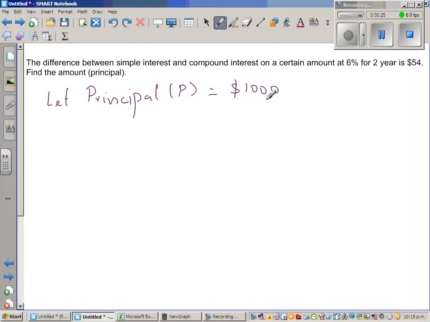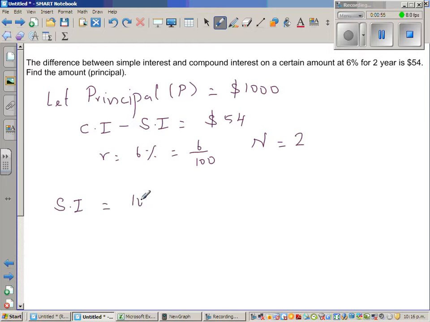What they're saying is the difference between simple interest and compound interest is 54. Compound interest is always going to be greater than simple interest, so compound interest minus simple interest is 54. Your rate is 6%, which is 6 over 100, and your n, the number of years, is 2. So for simple interest